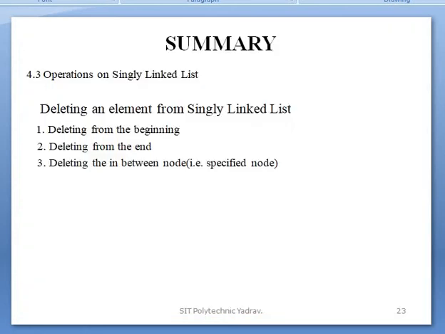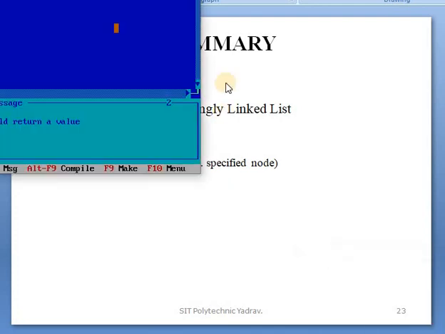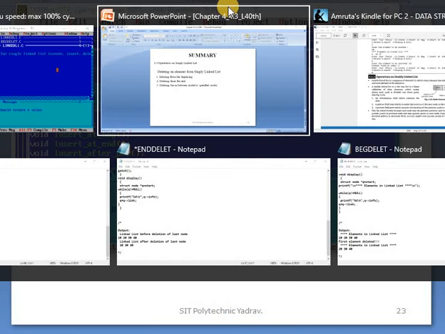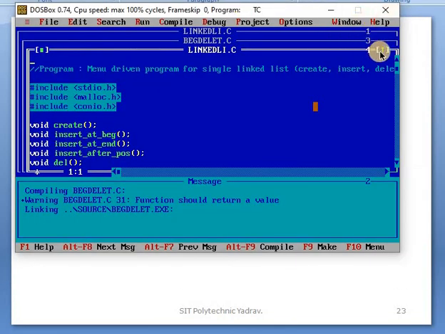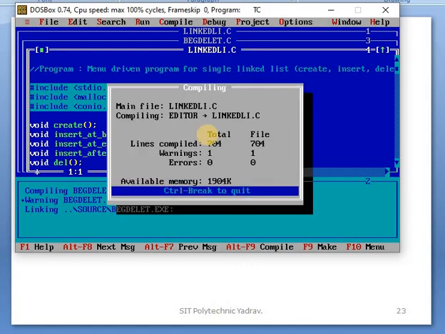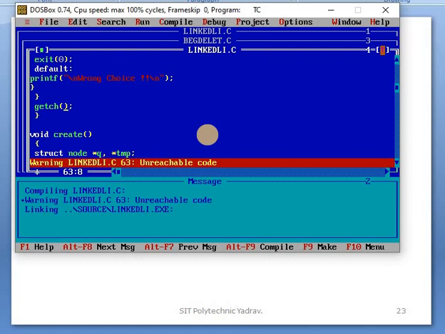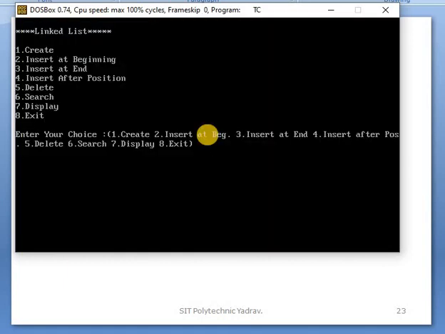This program is also demonstrated using the Turbo C++ software. First create it.